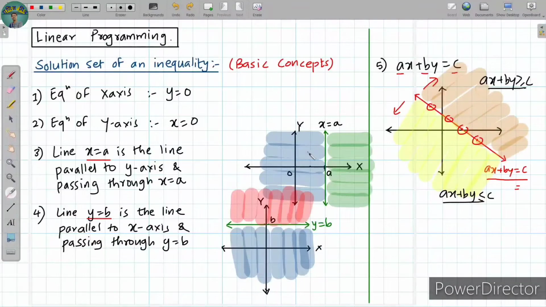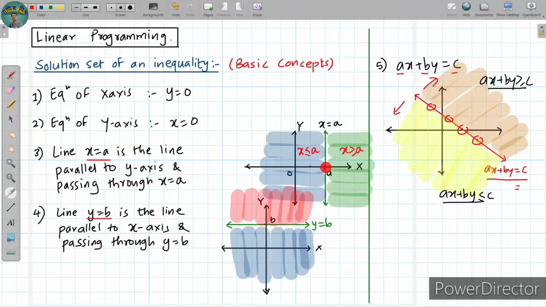Also notice the same thing happens in this case and this one too. If you consider this line as x equals a, then the left side shaded by this blue color represents the inequality x less than or equal to a, and this green side represents x greater than or equal to a. Because it is very obvious,